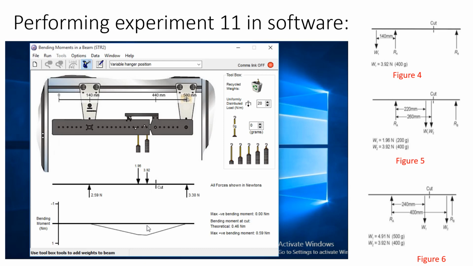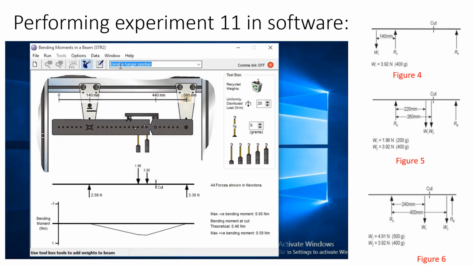Experimentally, as I told earlier, you will measure the values by calculating force from the digital force display unit and the distance of this moment arm. The length of this moment arm is 0.125 meter. So you will multiply the force by this distance and you will find experimentally the value of bending moment. So you will record this data.